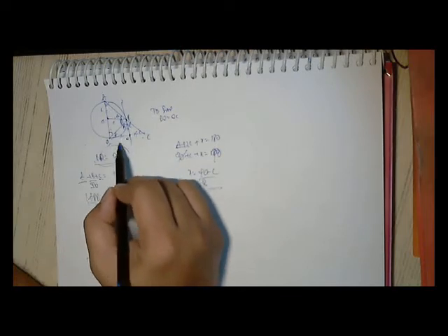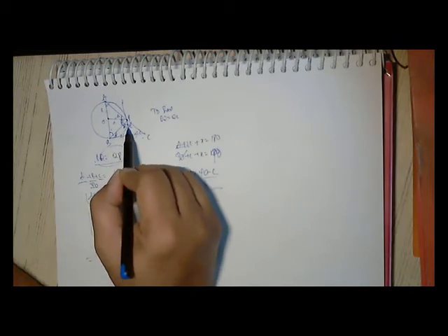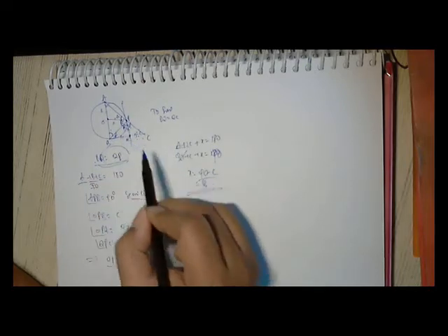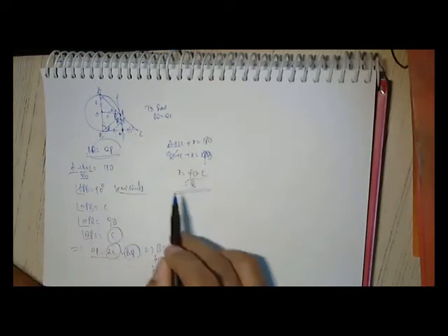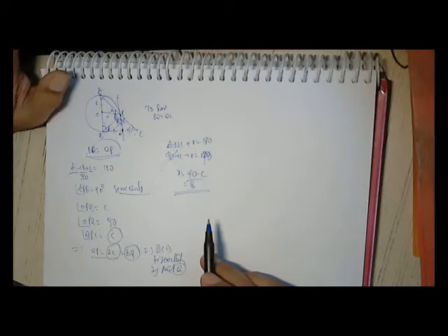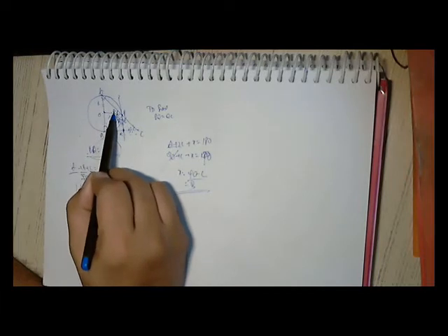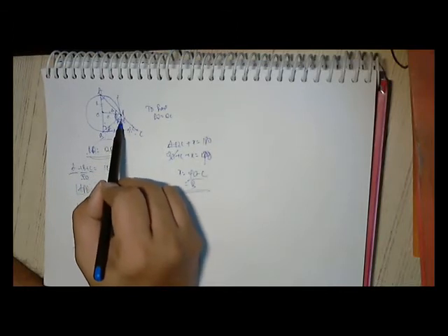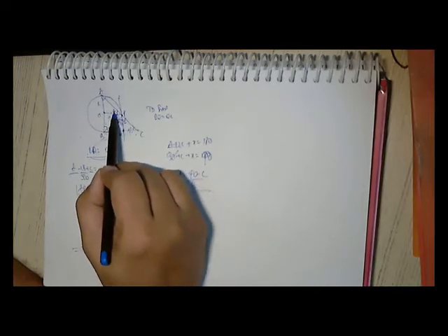So basically they all become similar triangles. This is A, so these two are equal. This is C, these two are equal. So we got a bisecting angle. Finally, what are the angles we got here? This is A, this is A. This total is 90, that means this is 90 minus A, that means this is C. This total is 90, this means this is 90 minus C, which means A.